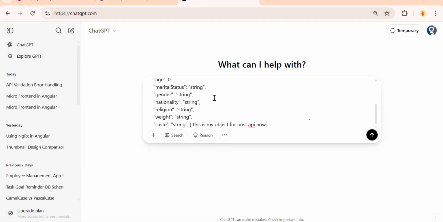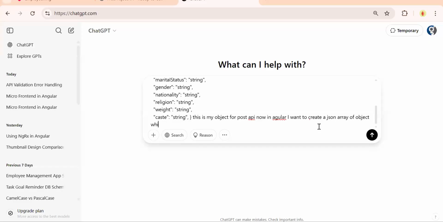Now in Angular, I want to create a JSON array of objects which contains this field name as control name,